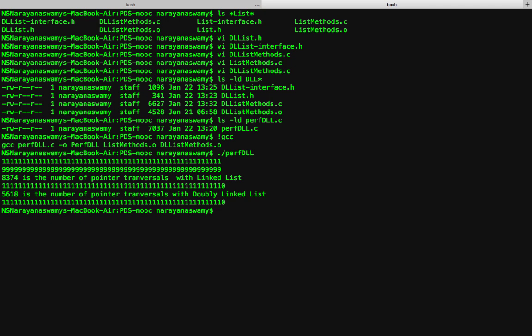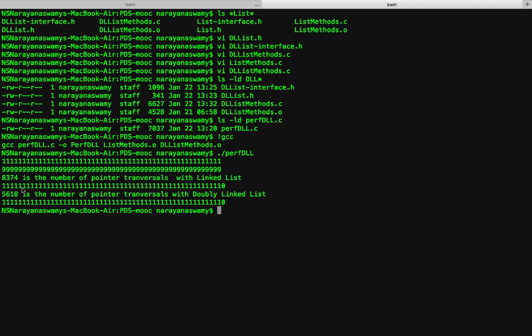All right. So let us just see this. These are the two numbers. It is very easy for you to verify that the sum, which is in the fourth line, is correct, right? But prior to the fourth line, that is in the third line, observe that the program has printed out the number of pointer traversals with a linked list implementation. That is, when the two numbers were stored in two separate linked lists and added, the number of pointer traversals